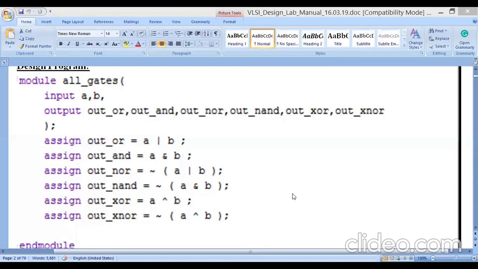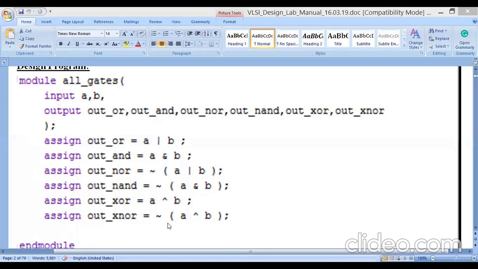See this document, I am showing the body, the program already written in the manual. In the manual the program is already given, but in practical, students should write the program.